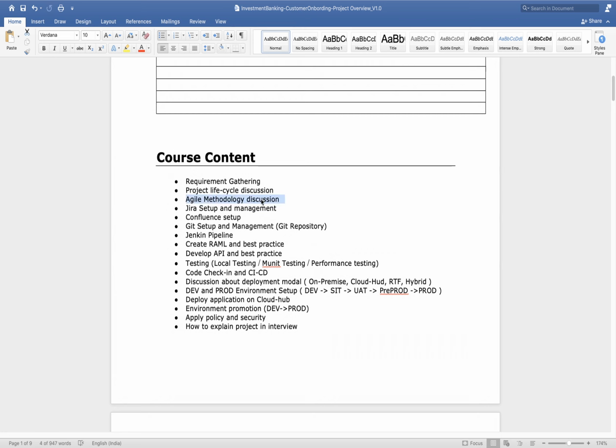Previously, most projects were using the waterfall model, but now, I'm not 100% correct, but as per my understanding of what I can see in the market, 90% of clients or companies use agile methodology. 10% of clients are still using the waterfall model, or many clients are using a mixed waterfall model, which means they included agile also there. But we will be more focused on agile methodology.